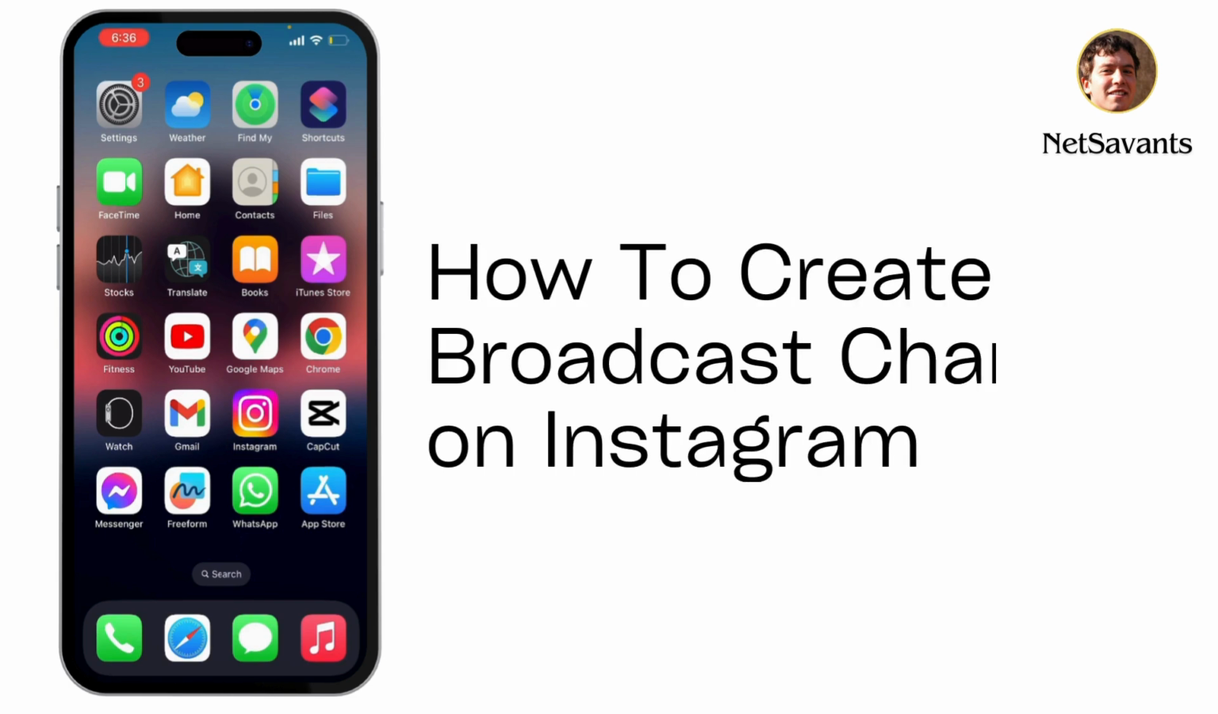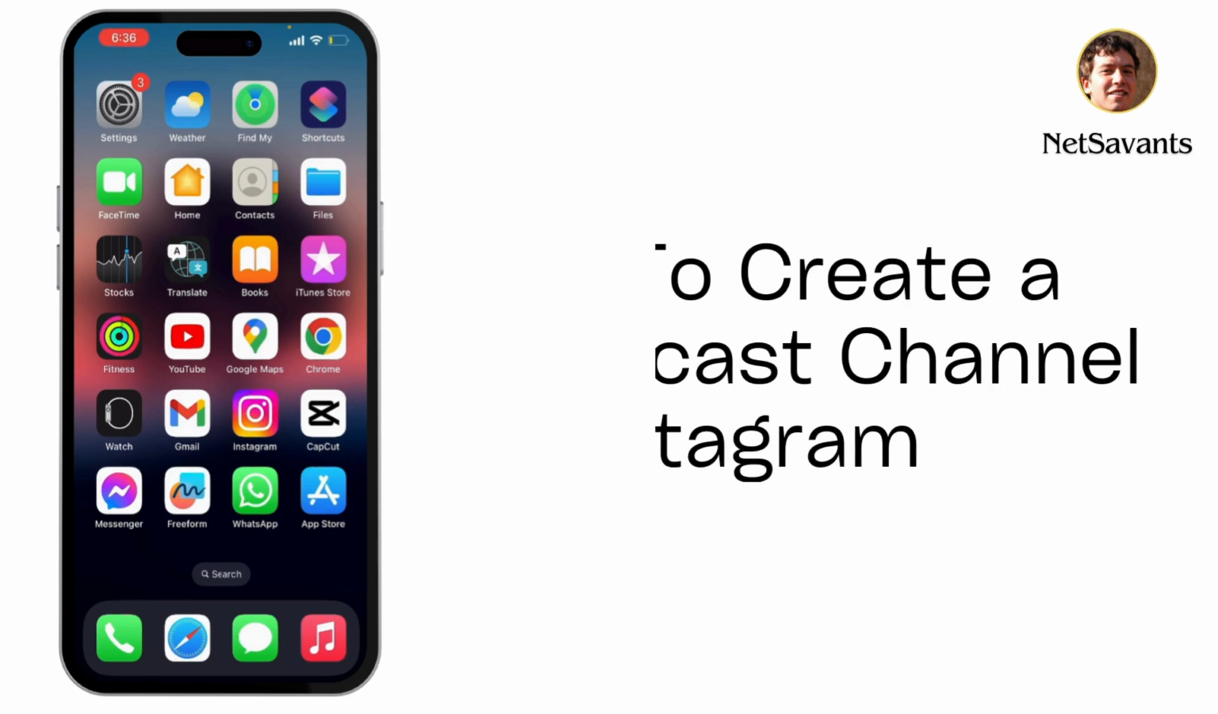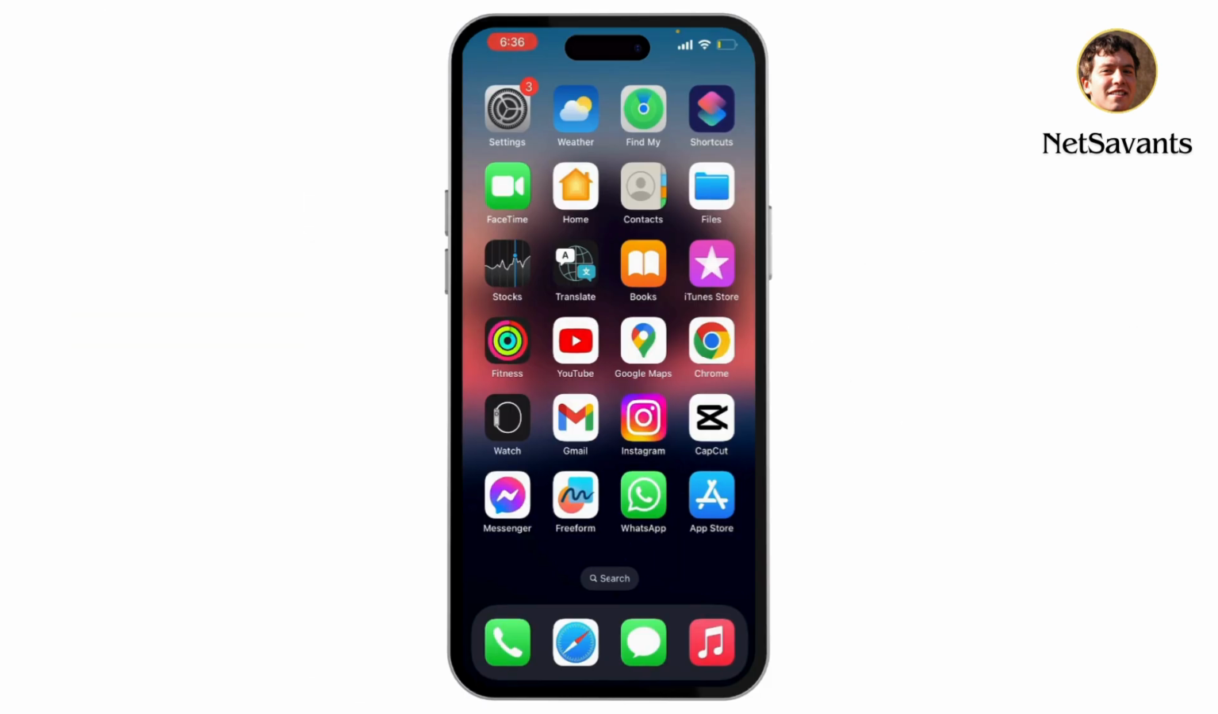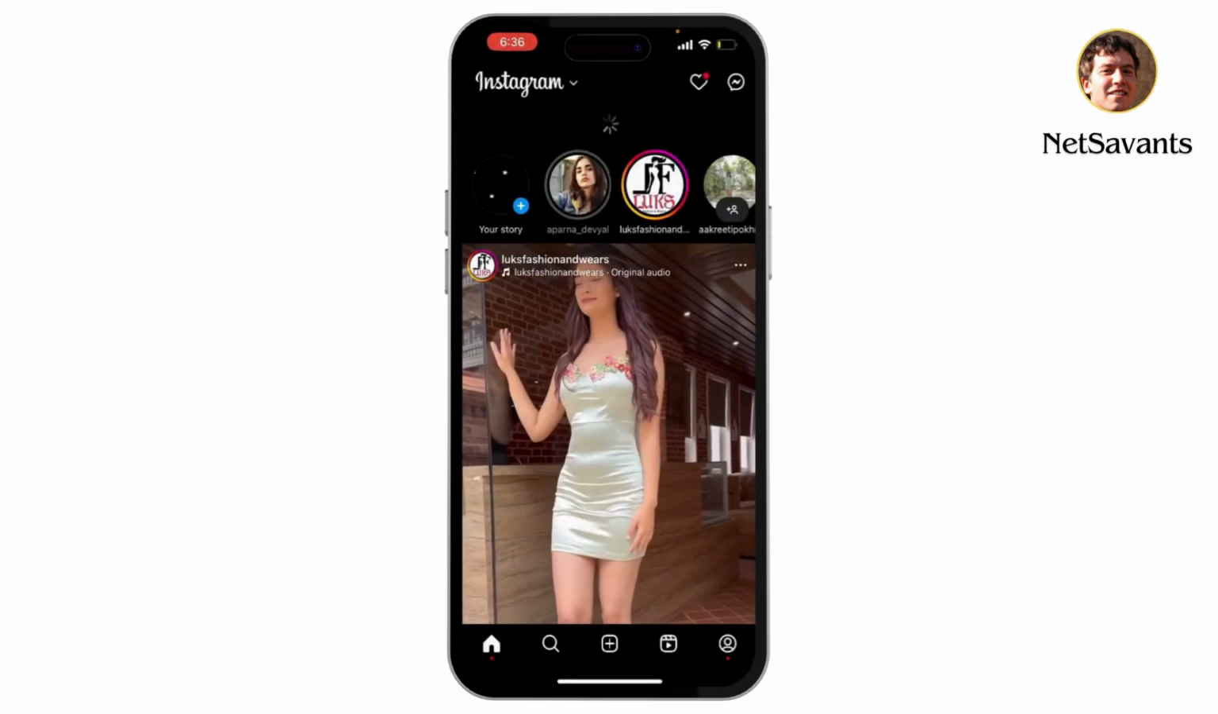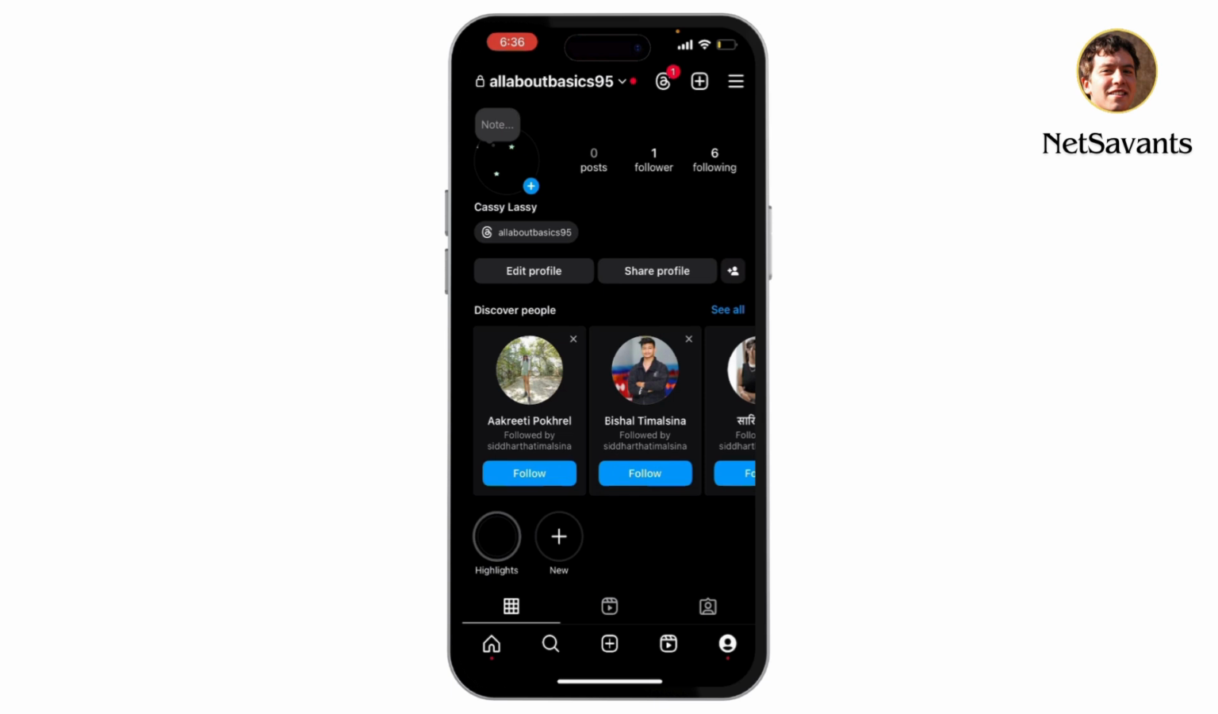How to create a broadcast channel on your Instagram. If you want to create a broadcast channel, then first of all open your Instagram application, then hit on the profile icon which is on the bottom right corner of your screen, and then select the three lines on the top